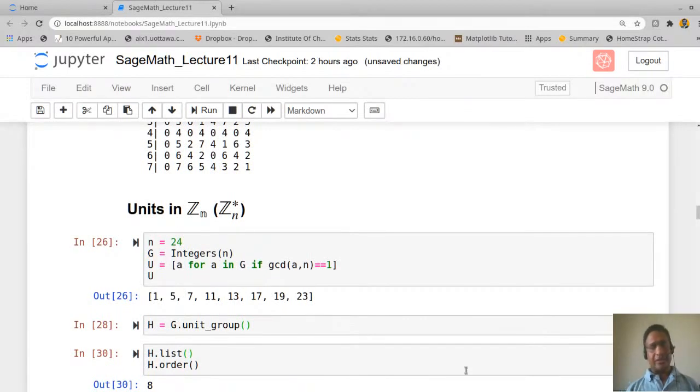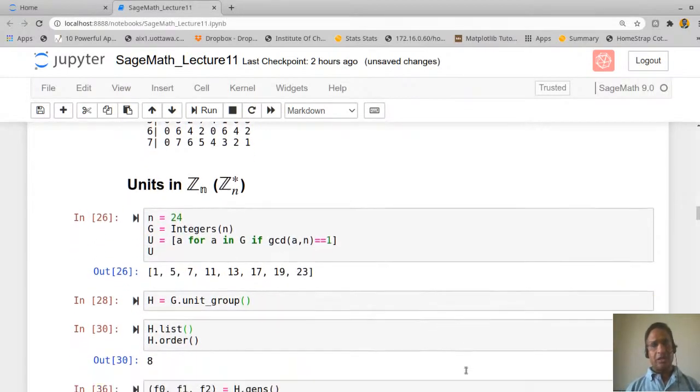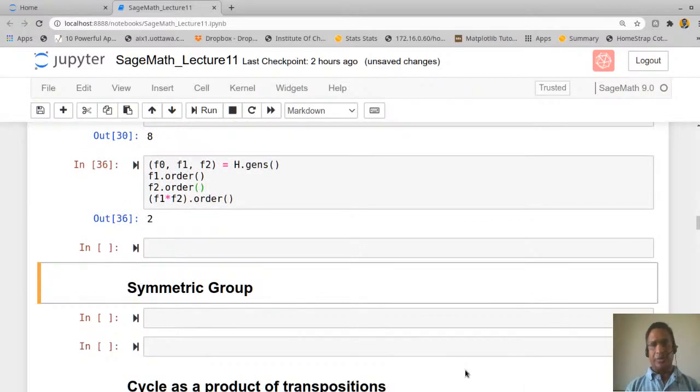Now let us look at how we can define the symmetric group. In fact, I must tell you this: in SAGE, the majority of the concepts are done using symmetric groups because it provides a lot of computational facilities. So most of the groups in SAGE are defined in terms of the symmetric group.